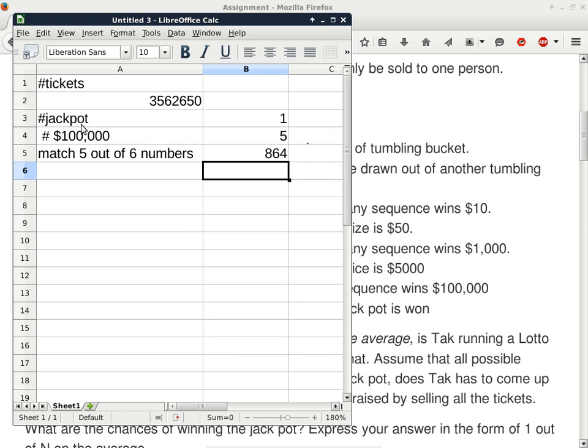But this will only give you the number of combinations of choosing 5 out of 6 items. What about that missing slot? In other words, this will give you the number of choosing 1, 2, 3, 4, 5 items out of 6. So this will give you the number of combinations of choosing 5 out of 6 of the lucky numbers. But this one here needs to be filled up.